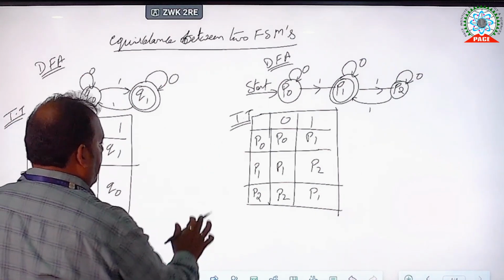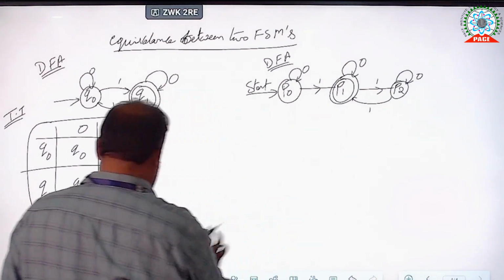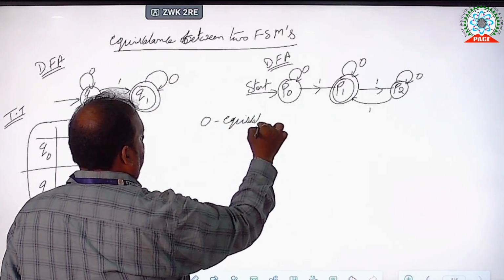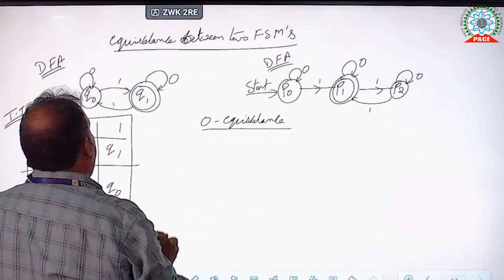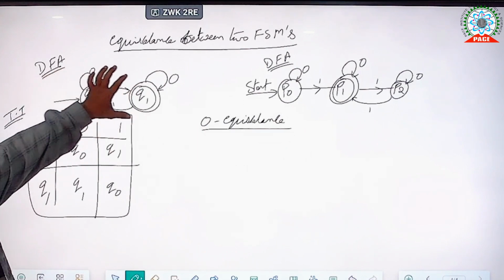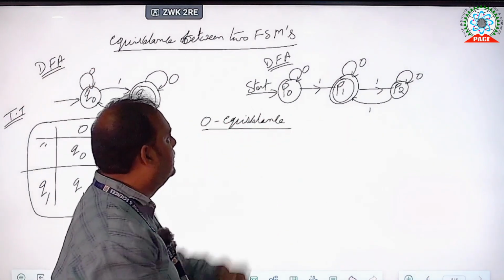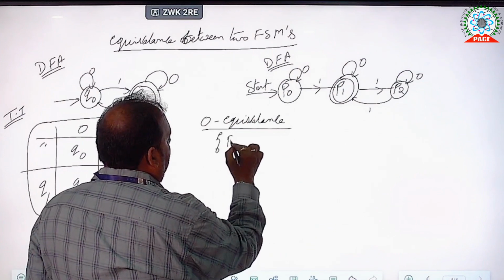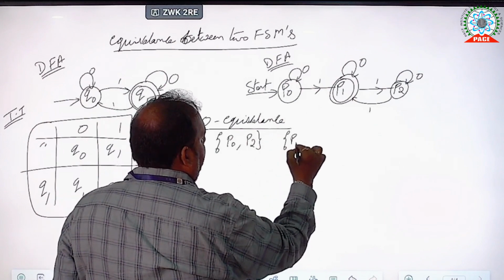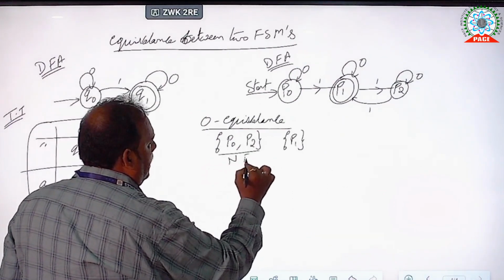zero equivalence. In the first diagram, there is only one non-final state and one final state. For this diagram, there is no need to find the equivalence. Here we have to find that the non-final states are P0 and P2, and P1 is the final state. So in the zero equivalence, the non-final states are P0 and P2, and P1 is the final state. For simplification of P0 and P2, I am doing the one equivalence,